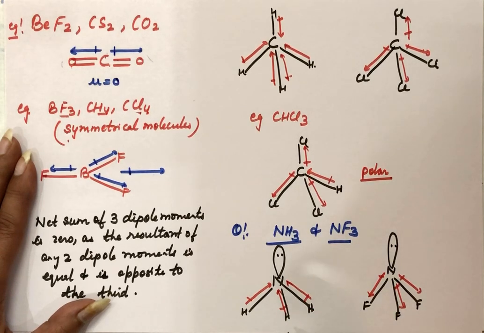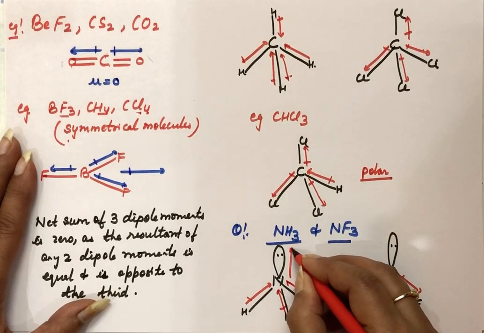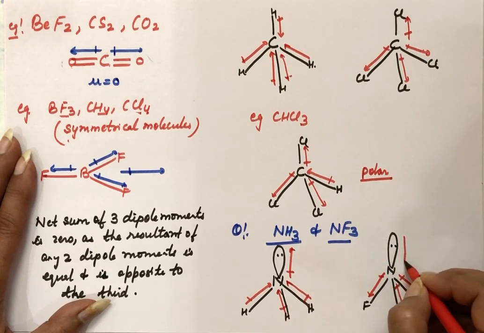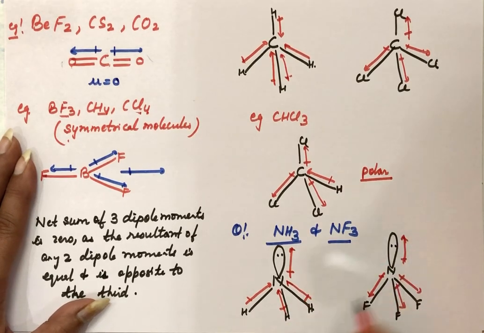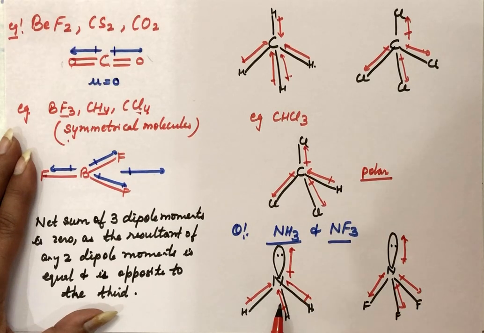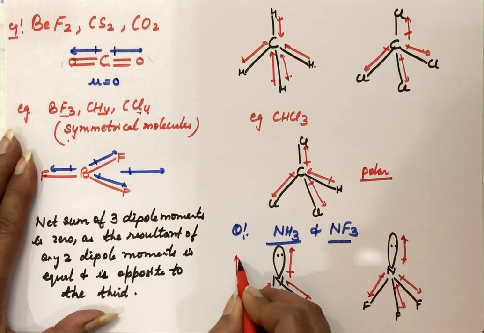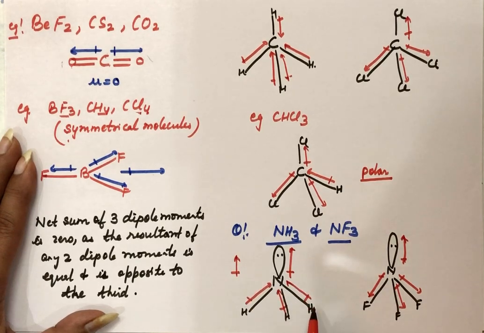Now see here, there's a lone pair also, so electrons are in the lone pair. In the lone pair, the dipole moment is outside like this. Even here it is outside like this. In this case, the resultant of the three NH bonds is towards the same direction, and even the lone pair is on this side only. So the resultant dipole moment will be on this side only, and the resultant of the three NH bonds and the lone pair comes out to be 1.47 D.